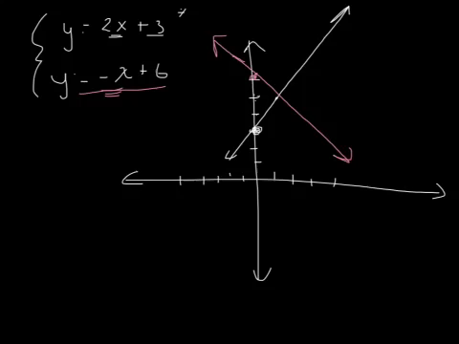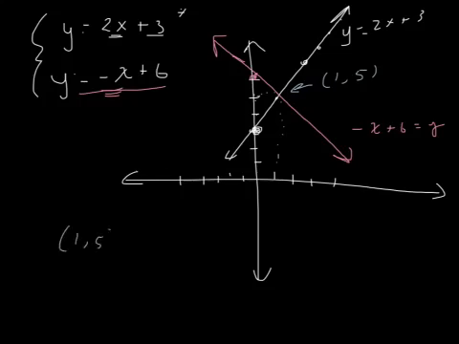So what we see is that while this equation has an infinite number of points, and this equation has an infinite number of points, think about all of the different points that make up that line, there's a unique point that makes both of them true. And that unique point is 1, 5. And we can see that because graphically it's at 1 and 5. And if you wanted to, you could graph this on Desmos or other graphical software and find that intersection. So what we'll say is 1, 5 is the solution